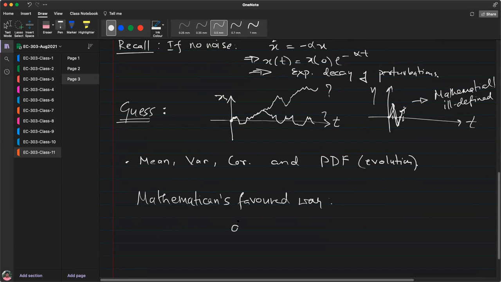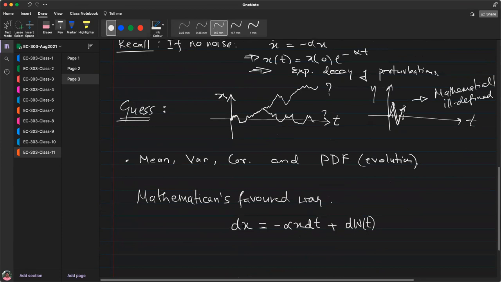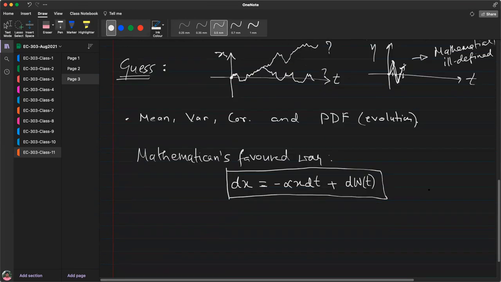Is this. They don't write rate of change, they just write the change, dx, is equal to minus alpha x dt. So in a small interval dt, what was the change that happened? Plus dW of t. So they write in this fashion. They do not use differentials, they use increments instead. But the increments themselves are defined for extremely small time intervals, where now you wonder what the heck is this dW.